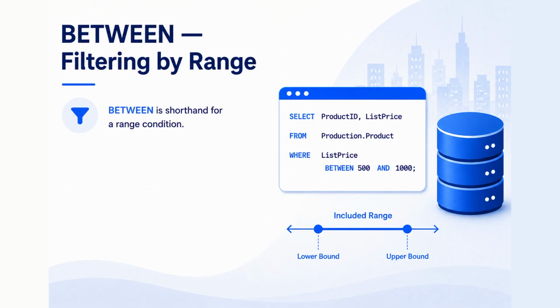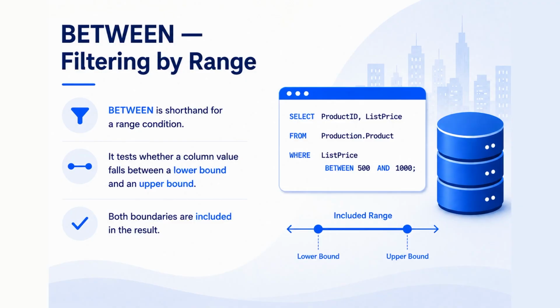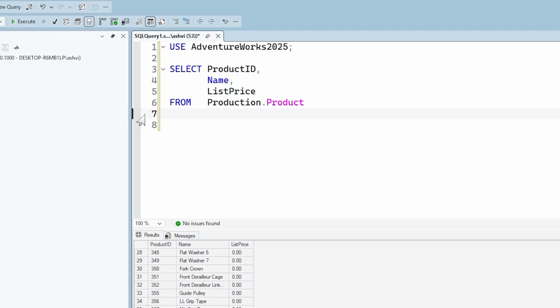BETWEEN is a shorthand for a range condition. It tests whether a column value falls between a lower bound and an upper bound, and both boundaries are included in the result. Let's start with a numeric example. Let's find products priced between 500 and 1000. So we're going to filter on list price